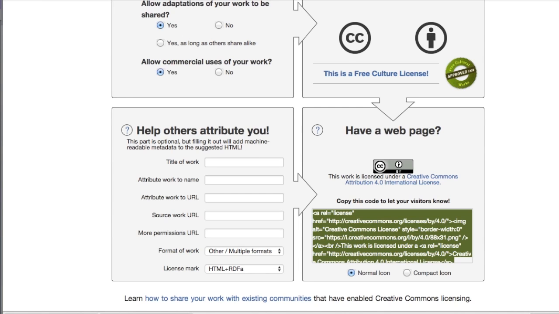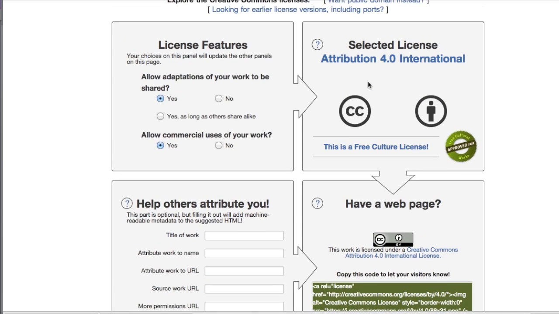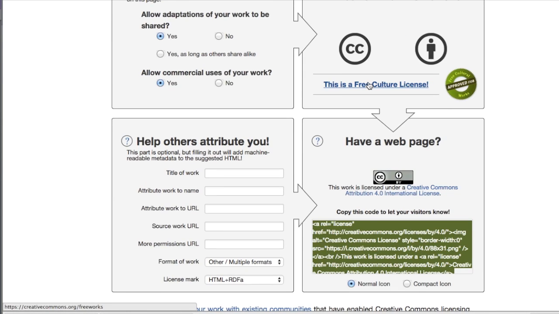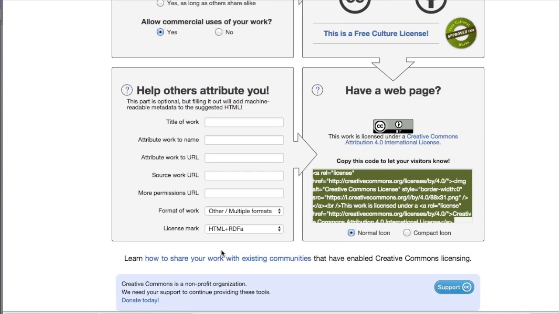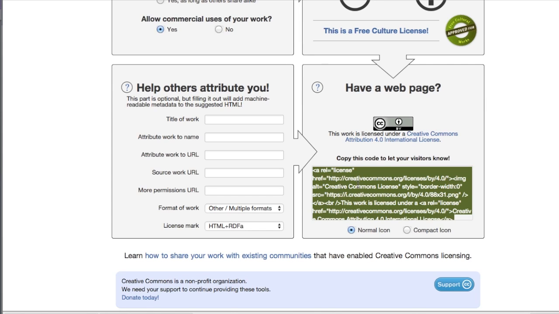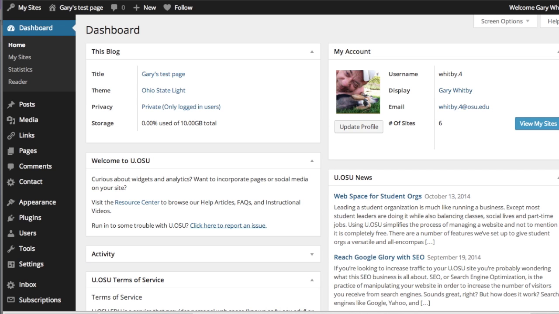First, if we go to the Creative Commons site and we want to choose a particular license that we want for our web page, they ask us to choose certain things here, and then we can put in some more information here, and then finally they give us this embedded code that we can copy and then go back to our dashboard, and we can edit our page, visit the site,